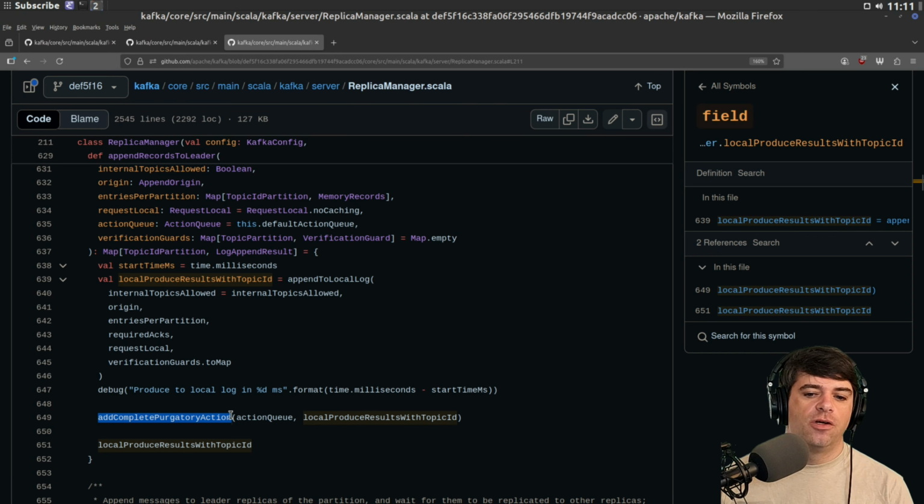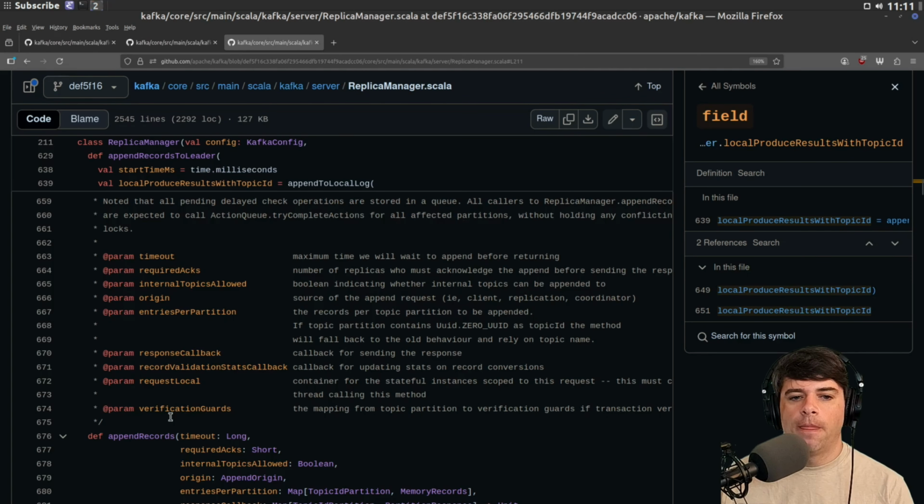I don't know why they call it purgatory, but we're going to take the action queue and pass in all of the things we got back after calling append to local log. And then we're going to return the local produce results with topic ID, which is the thing that we computed here. So really this is a call to append local log that's also enqueuing some stuff here.